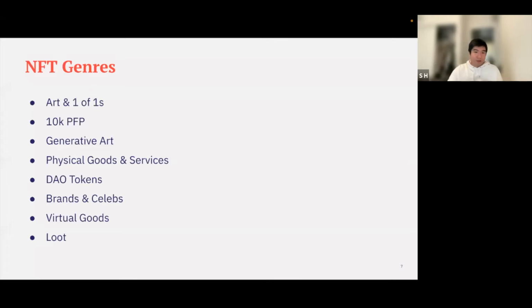And then there are DAO tokens as well, right? When you buy an NFT, you get access to a token-gated Discord channel. Also a lot of brands like Coca-Cola did an NFT, Pringles did one, a bunch of NBA teams like the Golden State Warriors, and also celebrities trying to monetize their brand value. And then we have virtual goods, right? Things like Decentraland, people buying tokens. And recently I've seen Big Time Studio also launch their game. You can buy NFTs that can be used in those virtual environments.